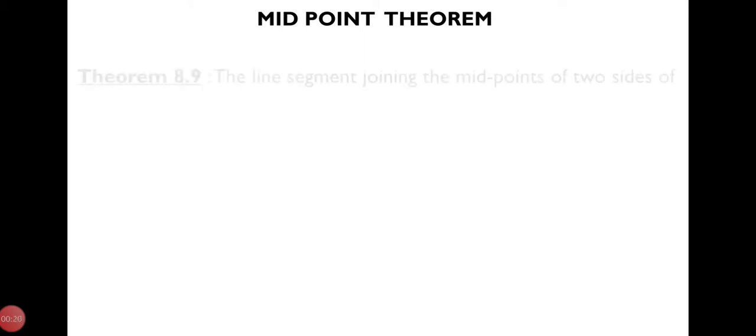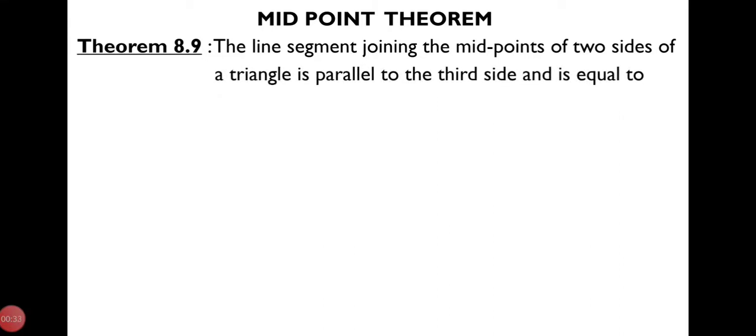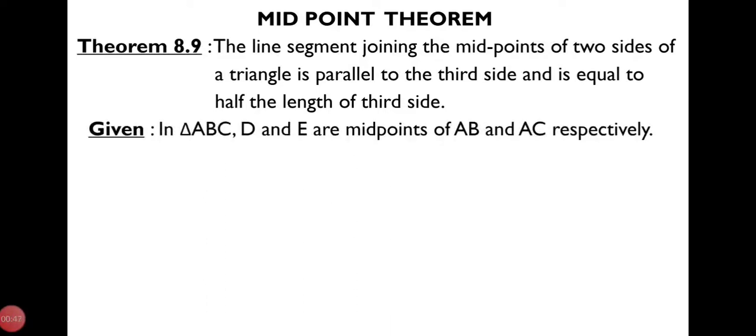So, theorem 8.9, that is called midpoint theorem, and the statement of theorem 8.9 is: the line segment joining the midpoints of two sides of a triangle is parallel to the third side and is equal to half the length of the third side. Yes. According to the statement, first we write the given, that is in triangle ABC, D and